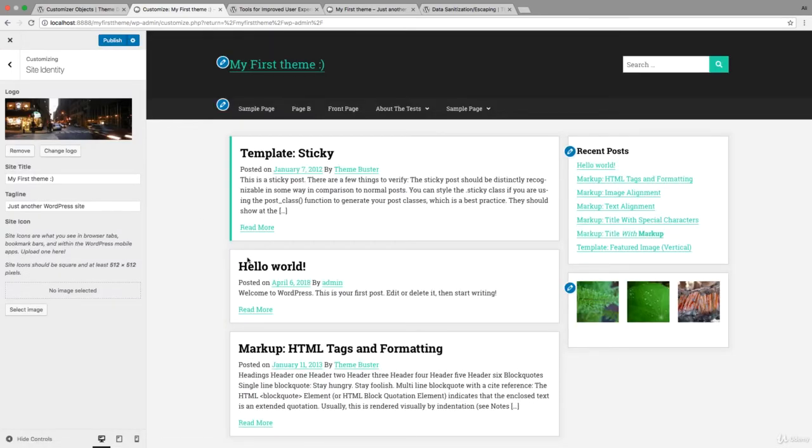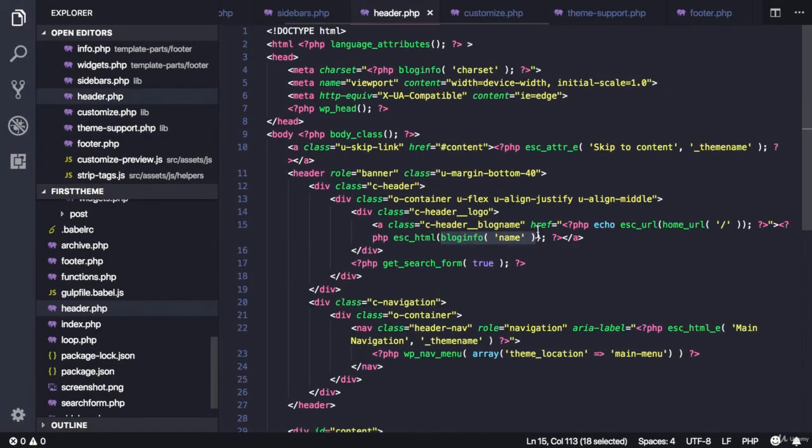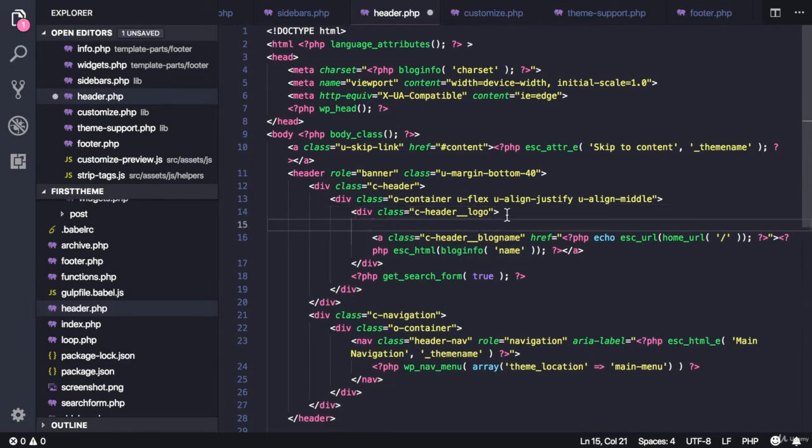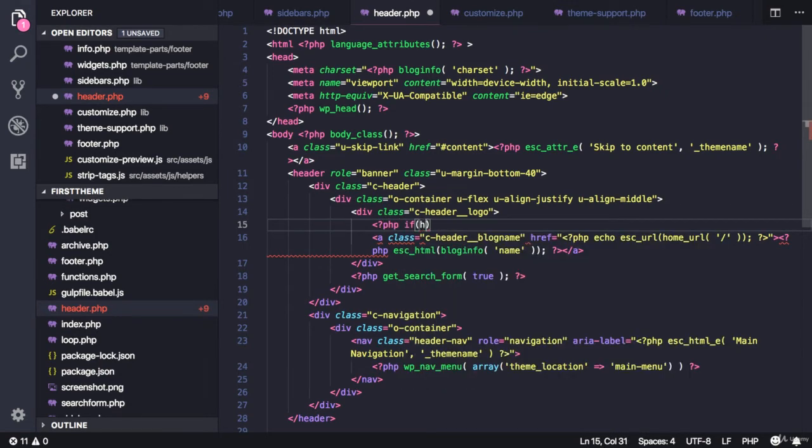So now we need to display it, and to do that WordPress also makes it very easy. So we go to the header. We want to display this logo if there is one, and if not, we will display the A tag with the site title. So WordPress provides a function, let's open PHP first, and the function is called has custom logo. So let's check if has custom logo is true,